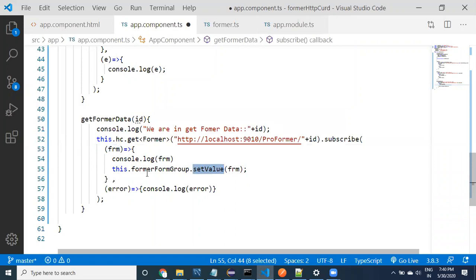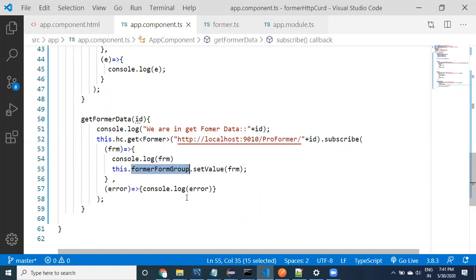If you set this data to the farmer group, inside the farmer group we have multiple controls: name, phone, WhatsApp. These three are available, with the same names. This object coming from the Farmer class also contains the same names. Because of that, this object's data is going to be converted into the farmer controls' data.